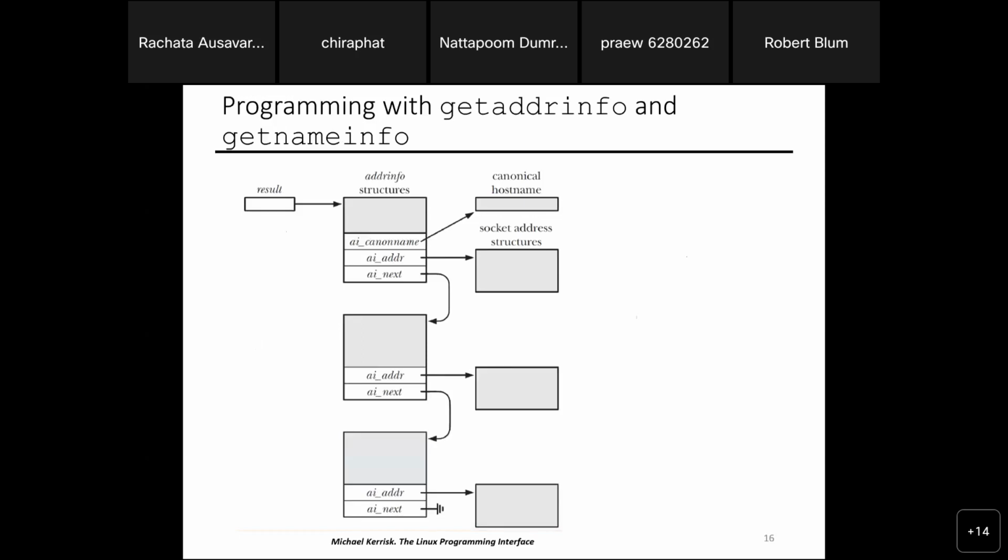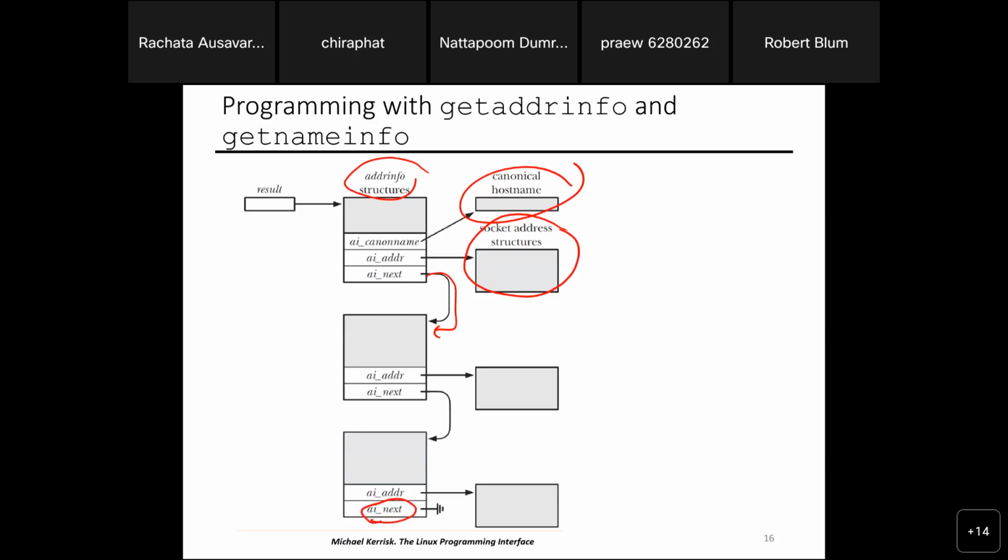So basically when you have the result, the address info structure at the top has the host name information in one of the fields. Then you have the socket address structure, so that's one socket. Then you have the list, into the next socket connection, and at the end of the day it's a null pointer.